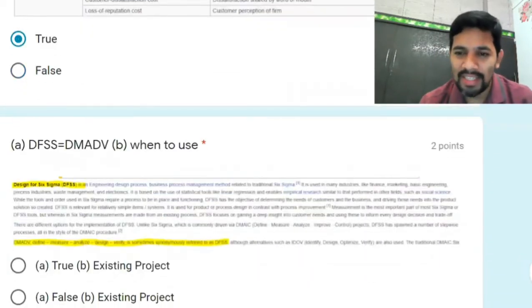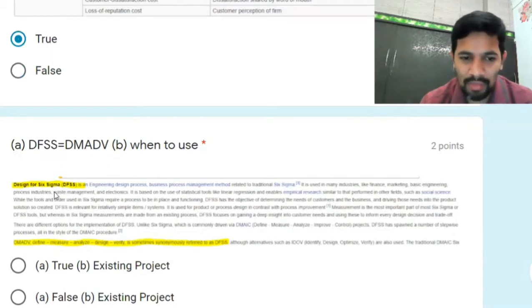DFSS, that is Design for Six Sigma, is equal to, so you have another one called DMAIC, right? That is another topic. Define, measure, analyze, design, and verification or validation, right? So this is the information. Design is equal to, correct? You need to prove whether it is correct or not, and when to use it. So the answer is,